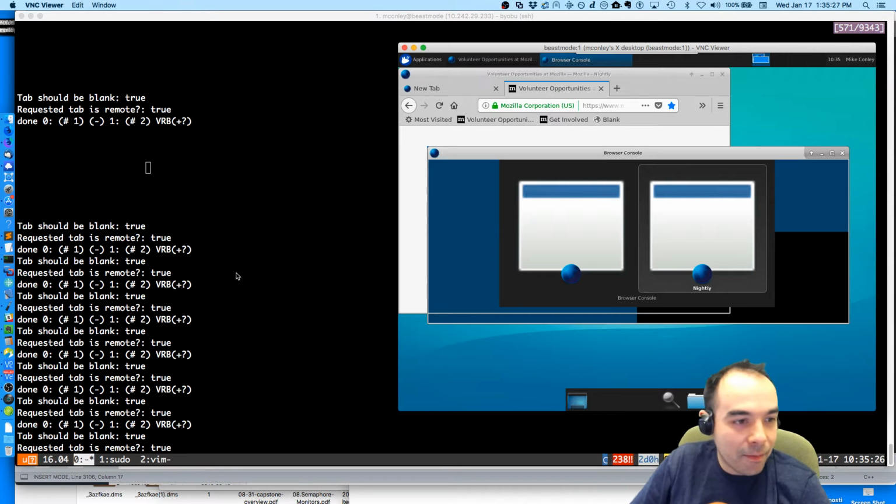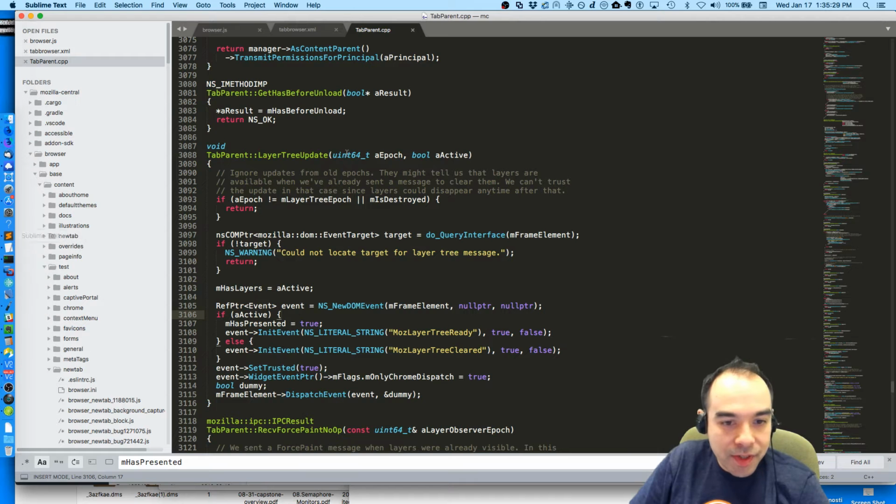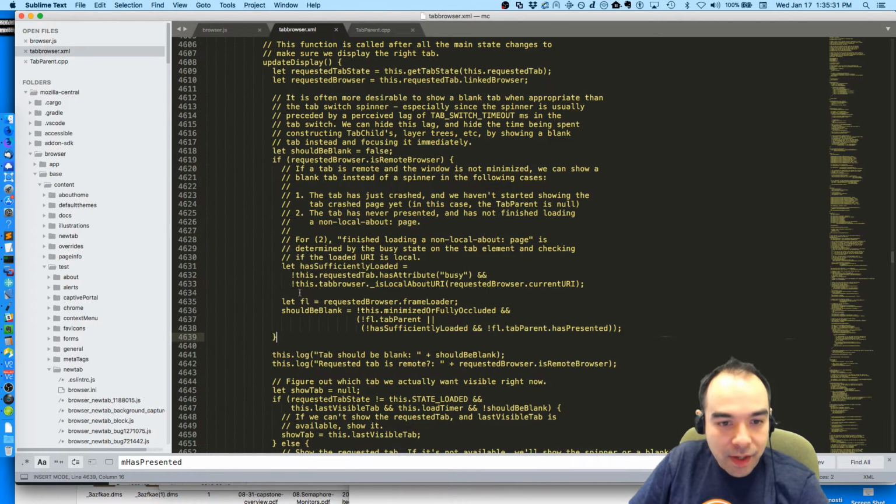Oh, I guess it's not that has presented changes, it's because the URL changes. And so sufficiently loaded becomes true, and then this becomes false, and so should be blank becomes false.